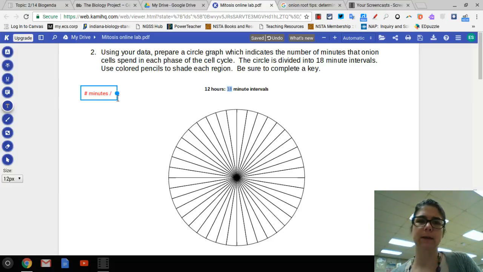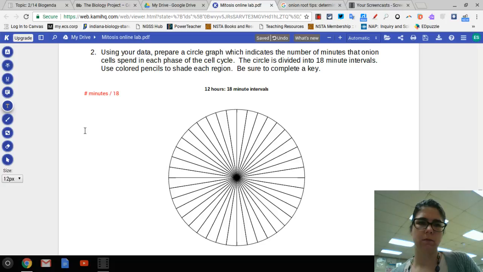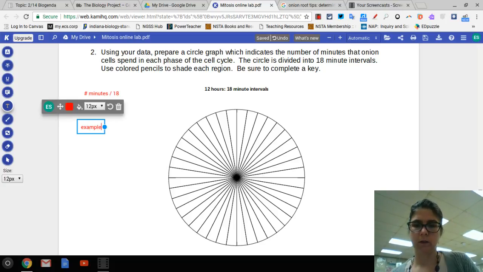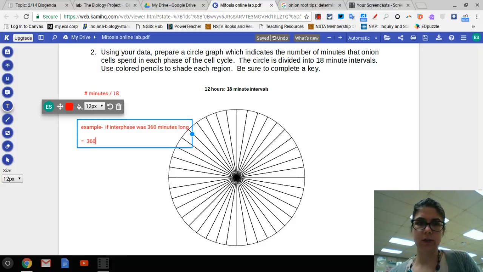So your total number of minutes for each phase is divided by 18. For example, if interphase was 360 minutes long, it would equal 360 divided by 18,